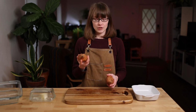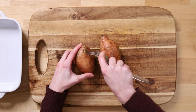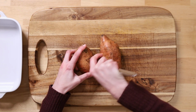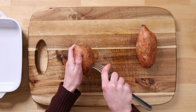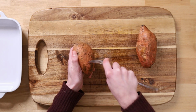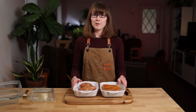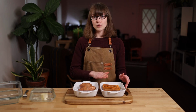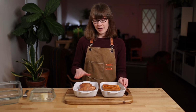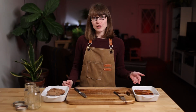Now we have our sweet potatoes washed, so we'll just want to poke holes in these, just like you would with a normal baked potato. This just allows the heat to penetrate better so that they cook more thoroughly. All right, these are both ready to go into the oven. We've preheated it to 425 degrees. It's going to take about 20 to 30 minutes for the squash and closer to an hour for the sweet potato. And we're back. The squash took about 25 minutes to cook and the sweet potatoes took about 45 minutes,